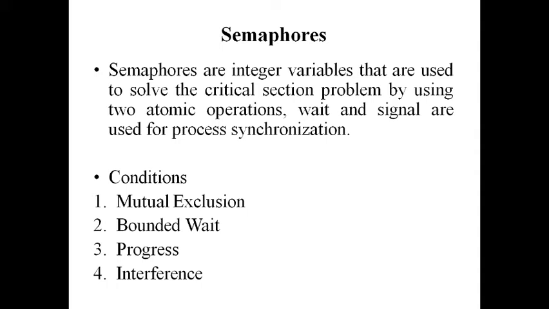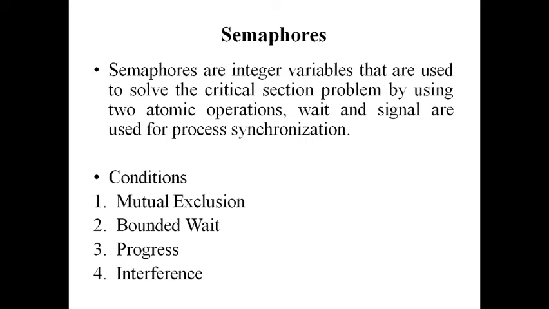What is the critical section? The critical section is an area where a shared variable is used. Let us think a variable A is there, and two processes want to use that variable A, so it is a shared variable, and that shared variable will be placed somewhere in the code. That part of the code is the critical section. So the first condition is mutual exclusion: no two processes should enter the critical section at once.